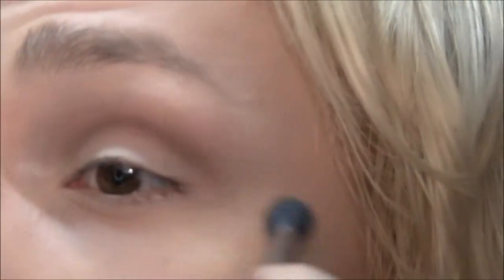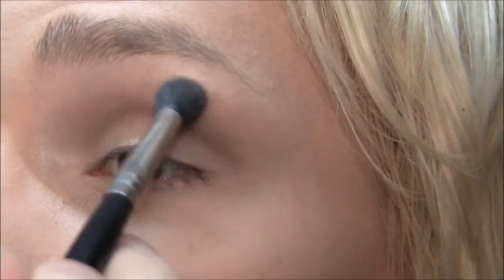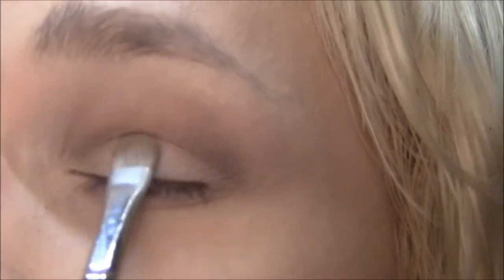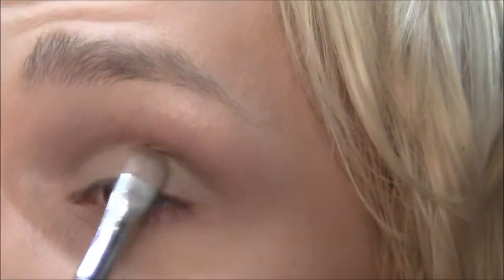And blend that a little bit more. Take a little bit of soft brown and just go a little bit on top of that. I'm going to take my 252 again, wherever I put that thing, with that shade that I used. I'm just going to pat that on top, because in the pictures that I got, which will be on my